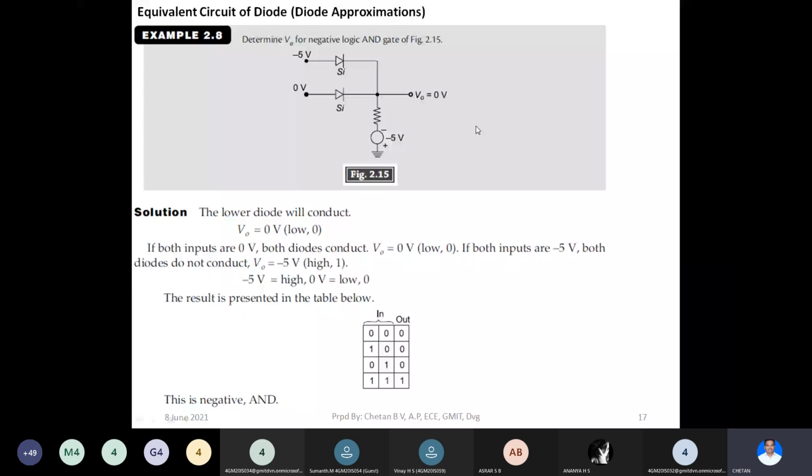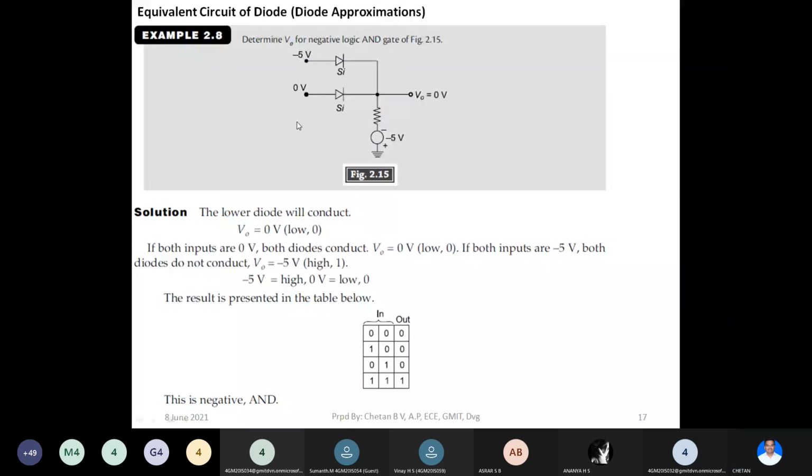You can also consider that if the same 0 volt is applied to the first diode, then the condition would be the same. The diode would be forward biased. As soon as the diode is forward biased, this node comes in direct contact with the input. Input would be 0, therefore this node would be at 0 volt. Now there is a condition when both inputs are at minus 5 volt. Minus 5 volt is as good as applying logic 1 for both inputs of the AND gate.